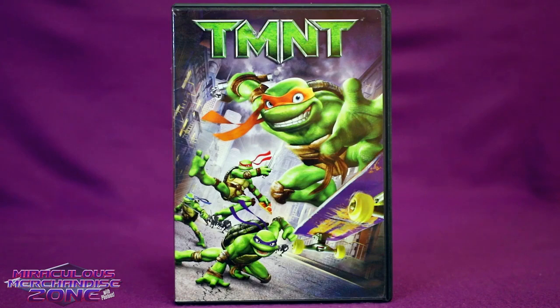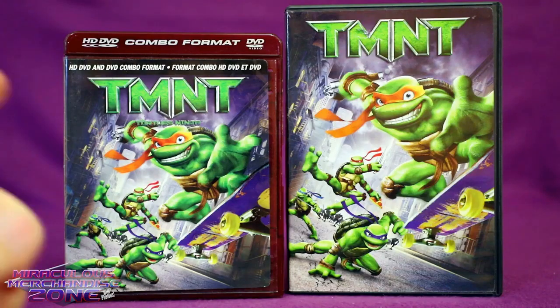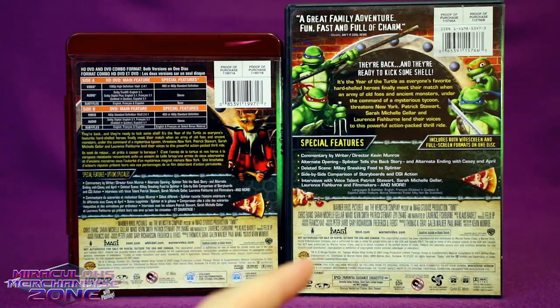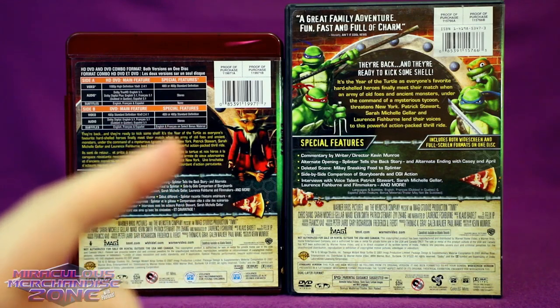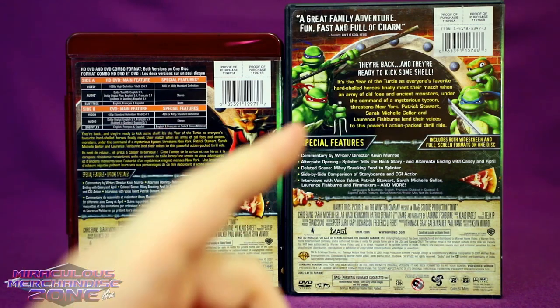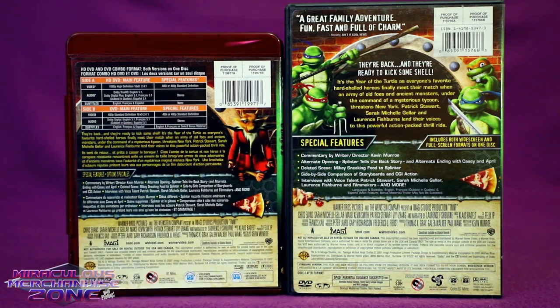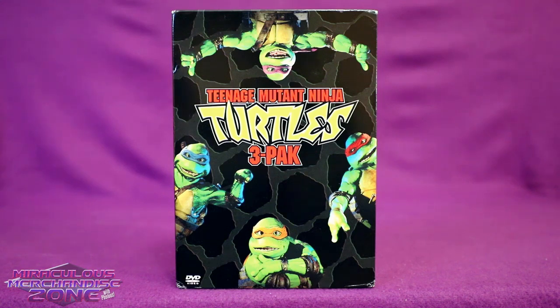Yeah. And finally moving into DVD land with what is sort of the 4th movie, TMNT. And this is the only movie I have on HD DVD, which I just bought for the novelty of it. The layout of these back covers is sort of similar, but the HD DVD likes Splinter more and the regular DVD likes the Turtles. So here's one of the first releases of the first 3 Ninja Turtles movies in a